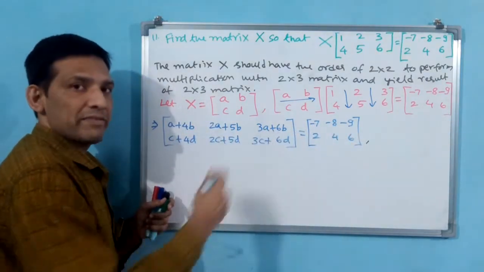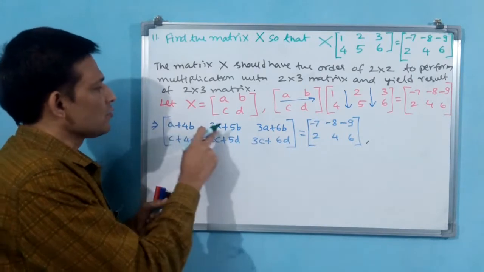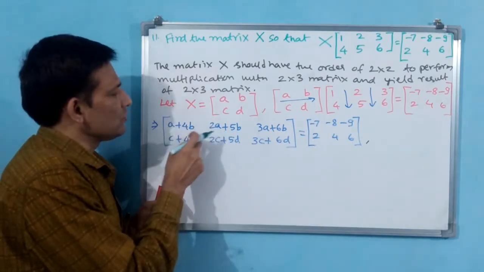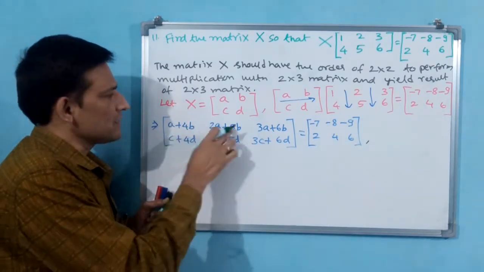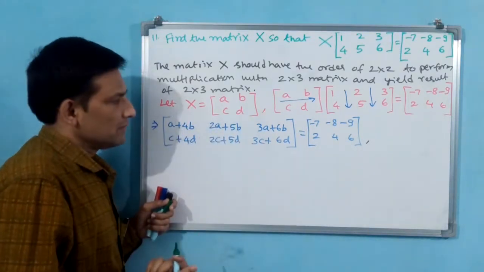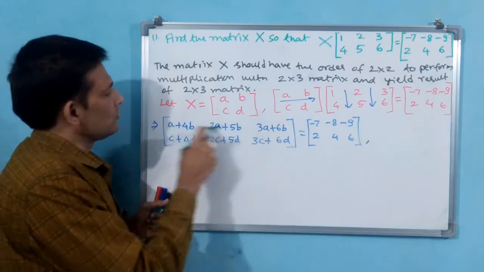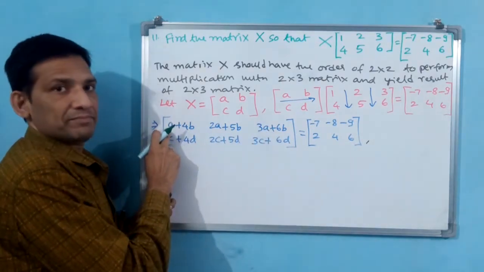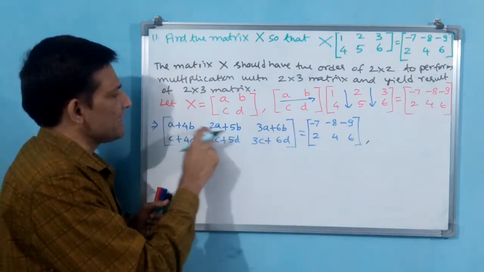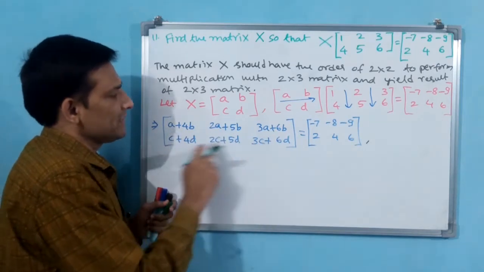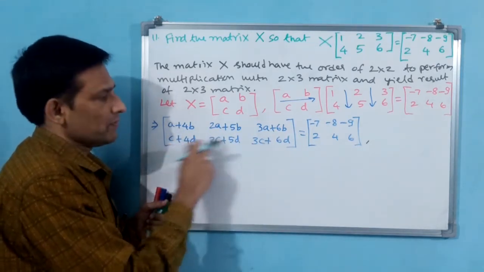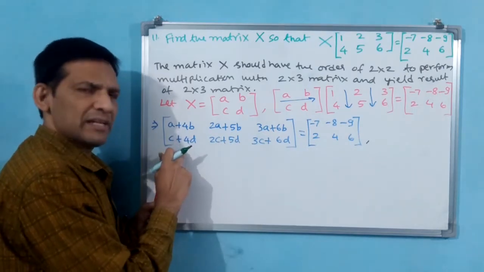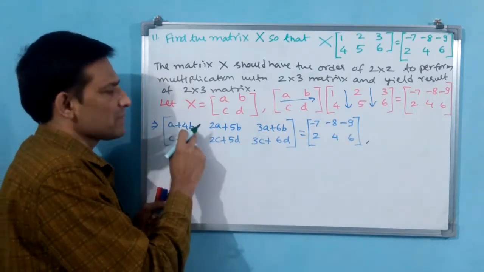Why? Because these we are equating. Okay, I am taking these two. Why am I taking these two? If I multiply this with 2, A is going to get cancelled and I am going to get B first. If I take these two, then I have to multiply this with 3. Okay, I will do one thing. Here first I will take these two. Second I will take these two. But for here I have to multiply with 3, because 3C, 3 I have to multiply. Like that we will do. Let us take first A plus 4B.